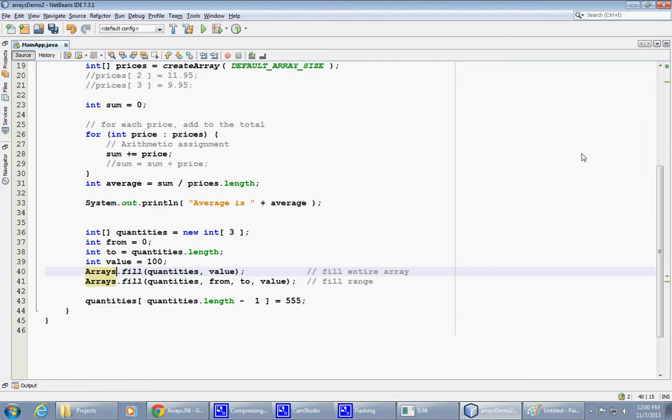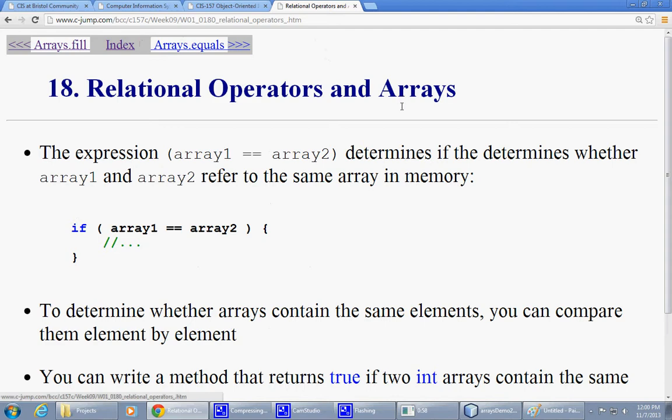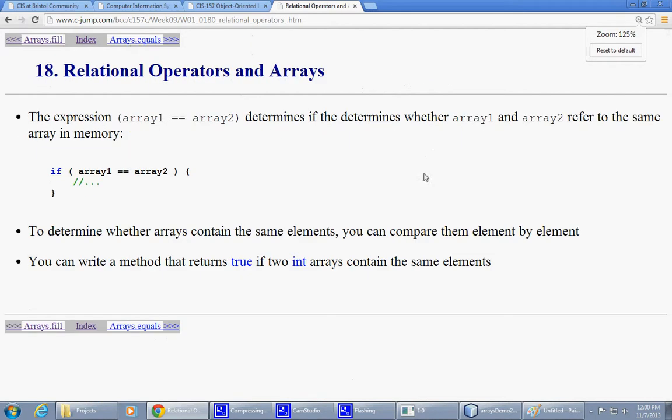And we could jump to online documentation and read the documentation for the entire class. But we have sort of a condensed version of this. Relational operators such as equal or not equal in this case, with respect to arrays,